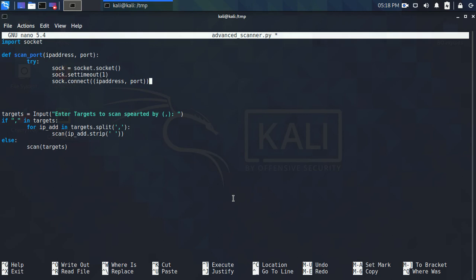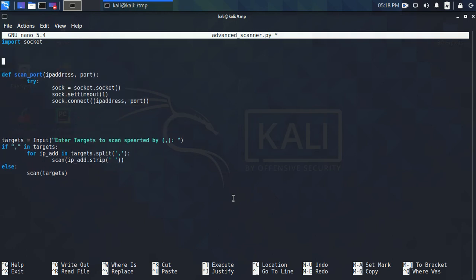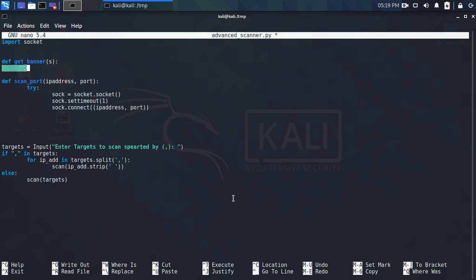But now I have something else in my head. I want to get more information than just getting the IP address and the port. I want something more. I want what service is running on that port. So I want to get the banner. So I'm going to define a function here called get banner. And I'm going to take the value, whatever it returns, and I'm going to just store first 1024 bytes of it,